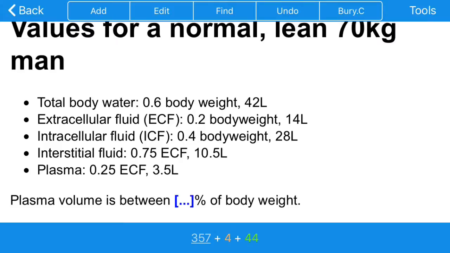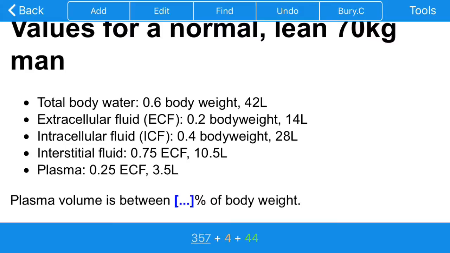Values for a normal lean 70 kilogram man. Plasma volume is between 4%, 5% of body weight. I'm gonna have to think about this for a moment. So 0.6 of body weight is total body water,